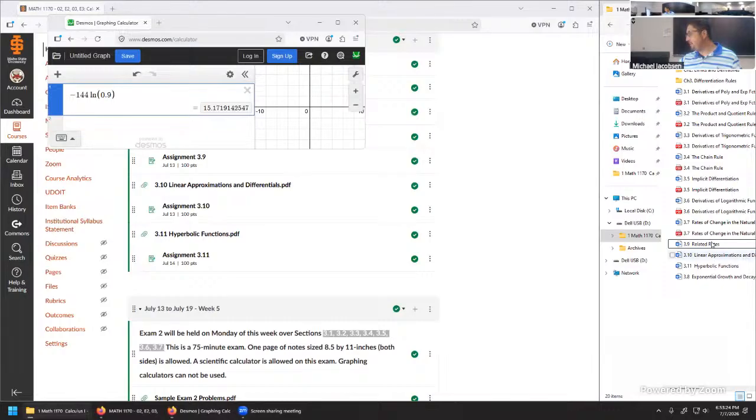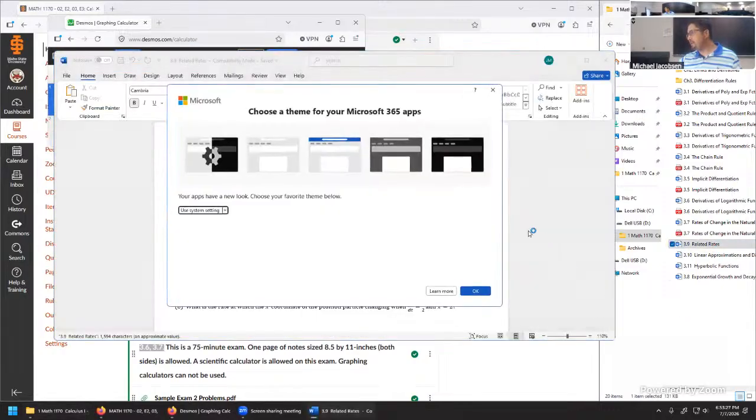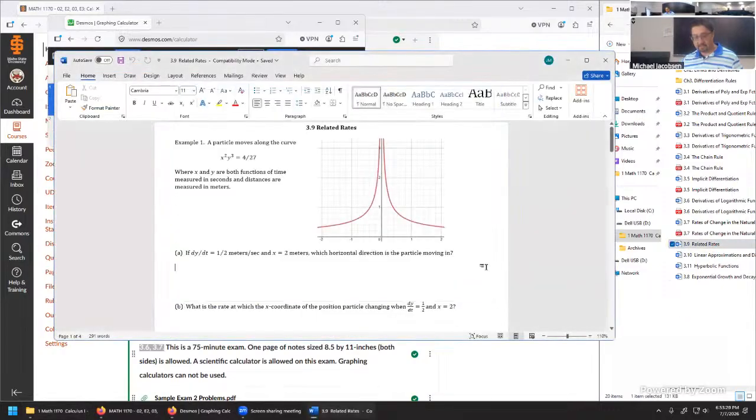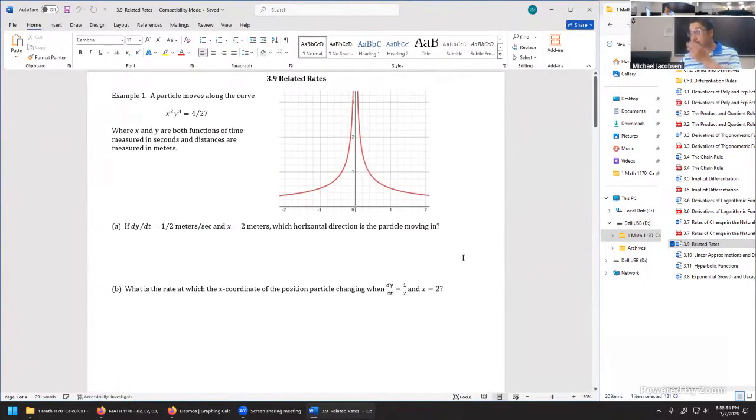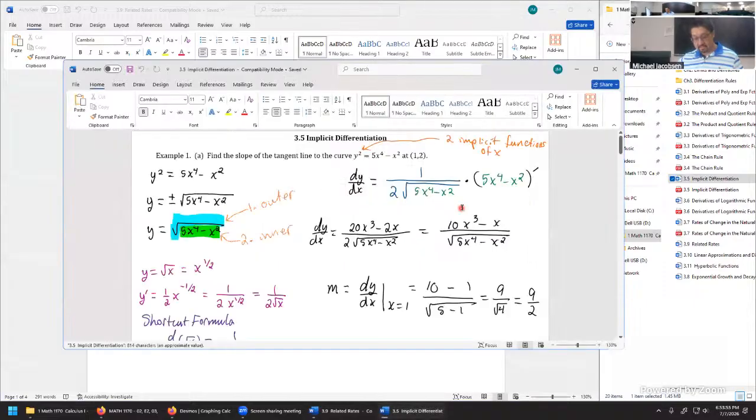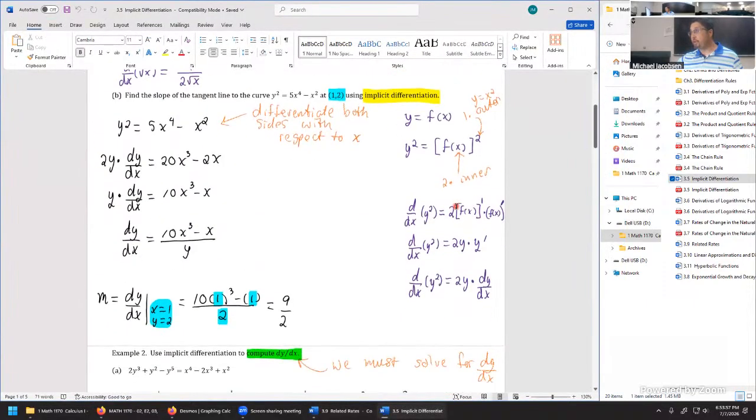When we come back on Wednesday, we'll be getting through section 3.9 and 3.10 likely. But here's our initial look at related rates. Related rates are tricky because of the way the differentiation goes for these kinds of problems. Oftentimes, we're doing implicit differentiation because whenever you see a variable, say x and y, they're both functions of a different variable. We open up implicit differentiation for just a moment. That's pretty much the nature of what's going on.